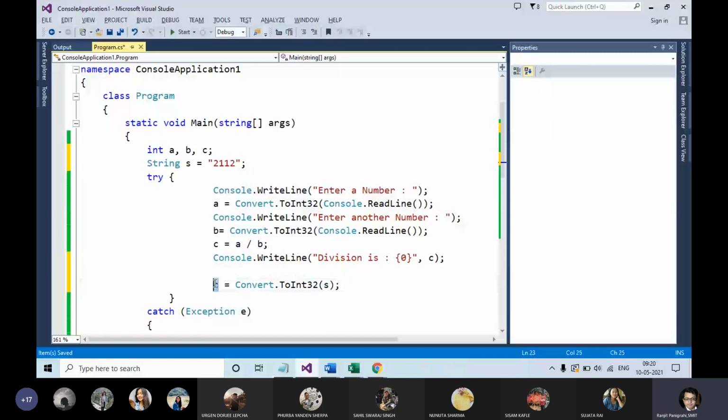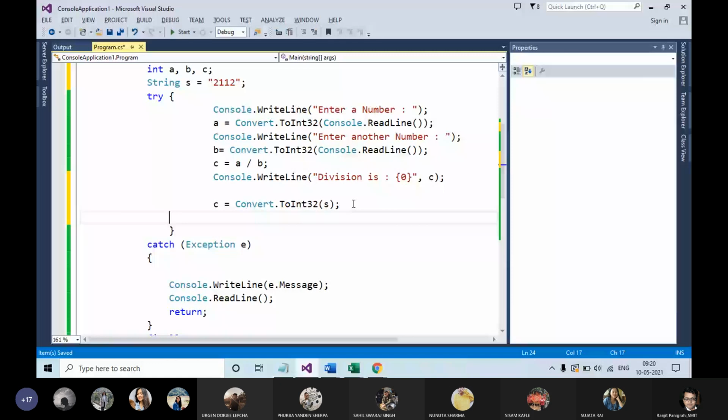Then you are displaying it: Converted result is C.